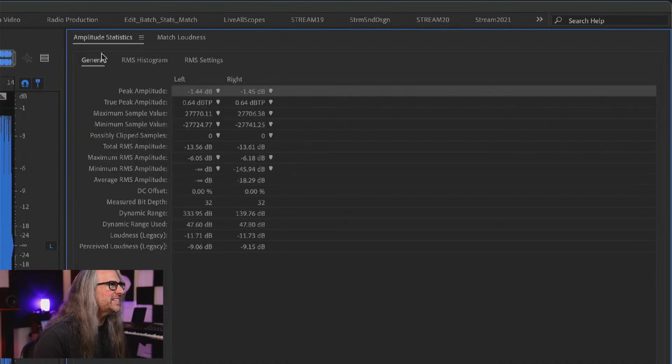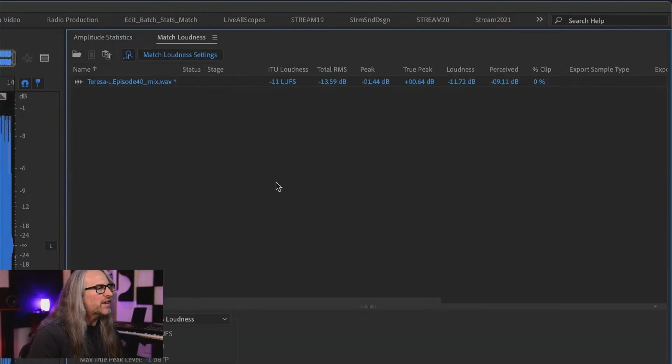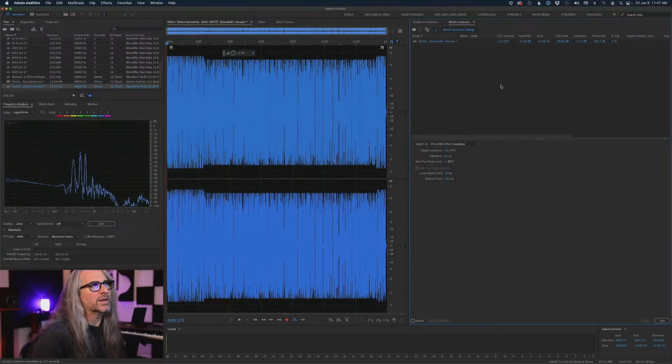And if we go into amplitude statistics: peak, true peak, sample value, clip samples, RMS, loudness, perceived loudness, DC. So we're only missing a few attributes that would be very useful here. I don't know why we don't show that. We should show it because it's relevant, and again, it's still common.